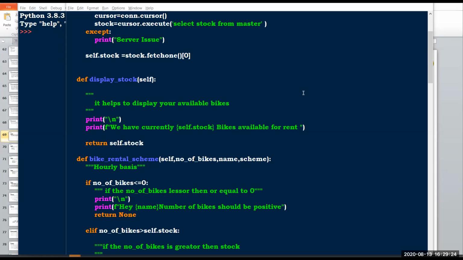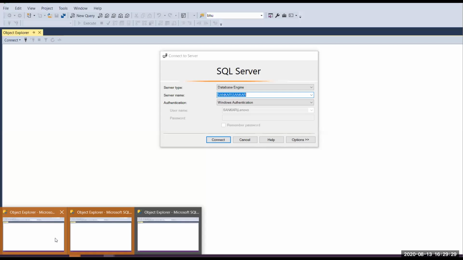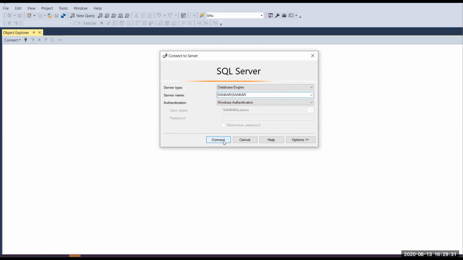First I'm gonna connect my server here. It's connecting now. First I'll explain the program.